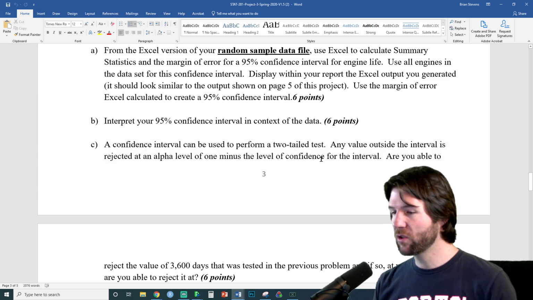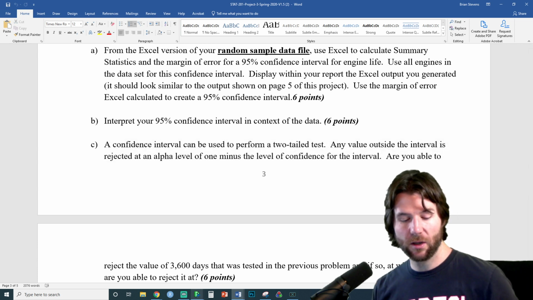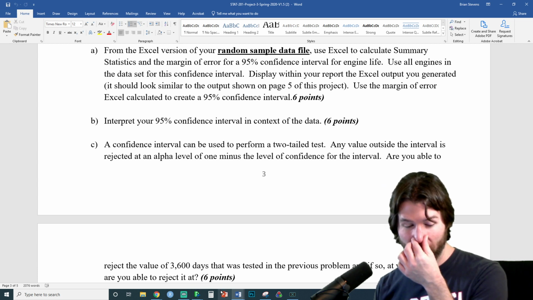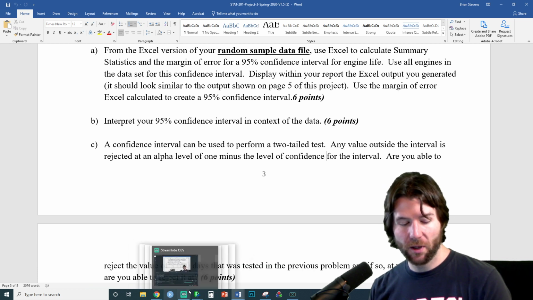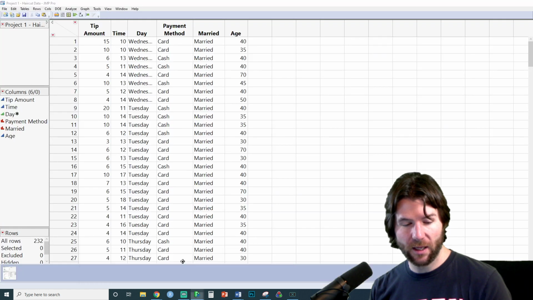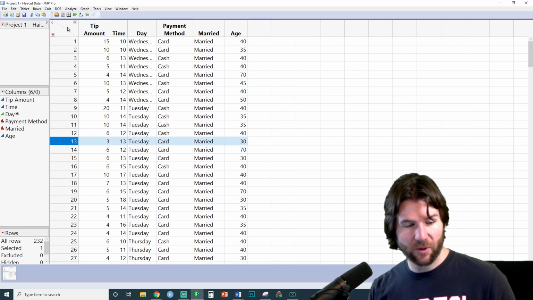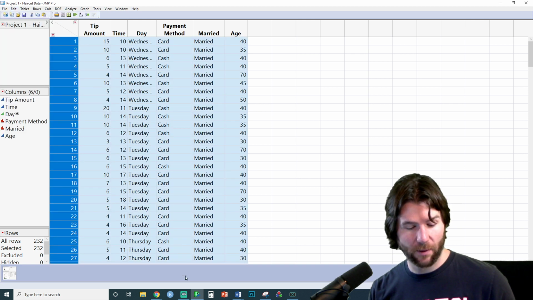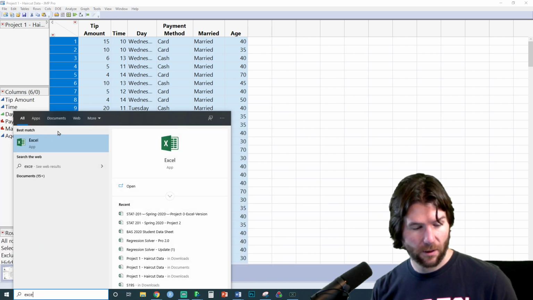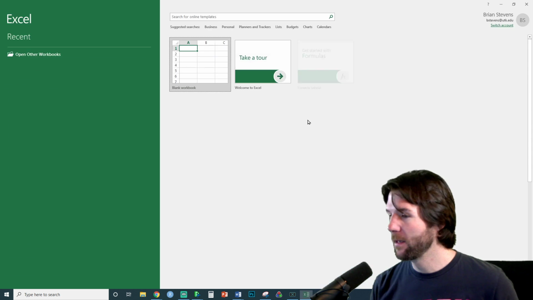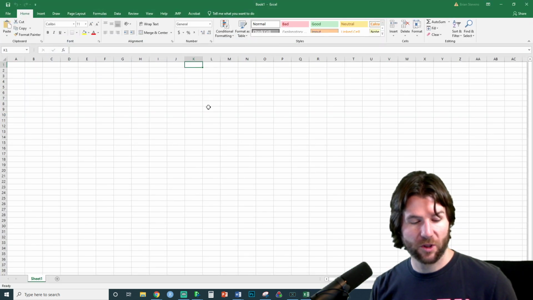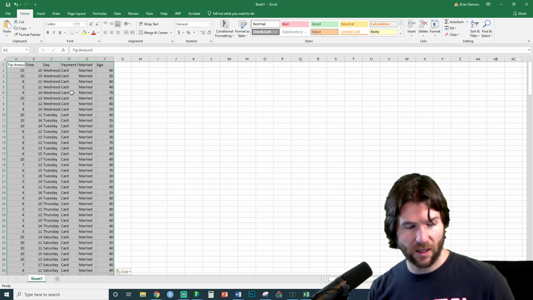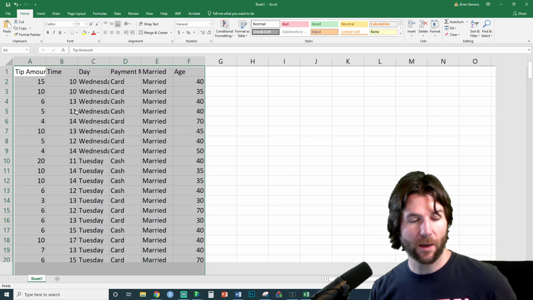Okay. So the biggest thing is we need to know what's going on with our Excel output. Awesome, Jeff. Good stuff. So we're going to take our JMP data right here. I'm going to press Control A or Command A, then go Edit, Copy with column names, and then go over to Excel. So we've got Excel opened up. We jump in here to Excel and we paste the data. That's one way of getting it into Excel. You can just copy paste from JMP.